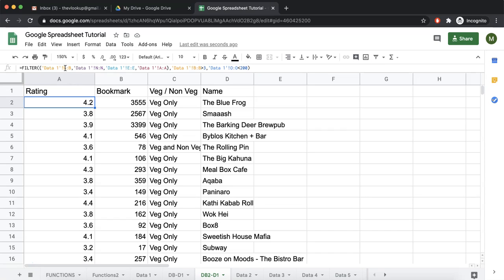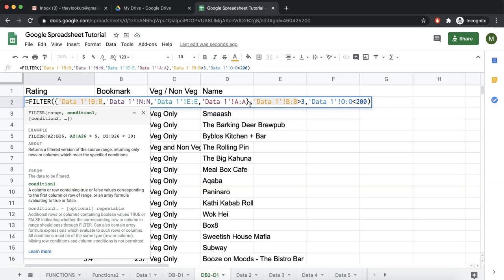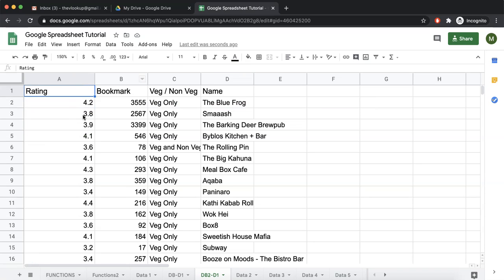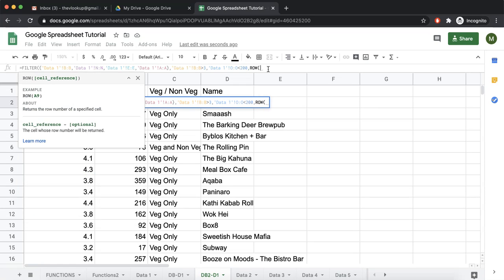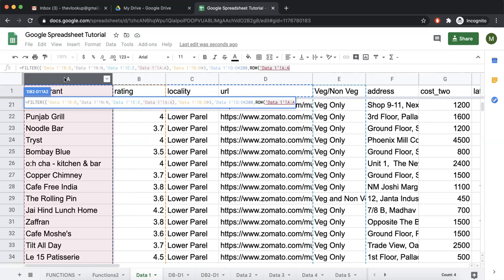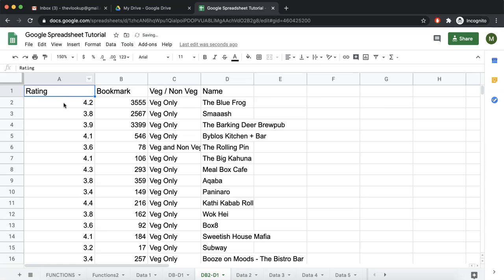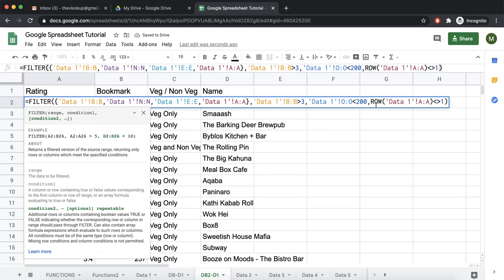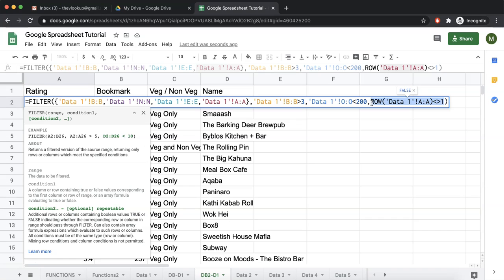It is always better if I write B2 to B and then write O2 to A, B2 to B, E2 to E, and over here it will be B2 to B. It's like everything starts from second. Or what we can do is add another condition called row. Remember, row gives the row number of the cell. So we say a row of column, any column, row of column A is not equal to 1. This is the symbol for not equal to. So whatever happens, if the row is 1, which is the header, it will never come. So in this way we make sure that whatever we do, header is not coming as the part of filter result.